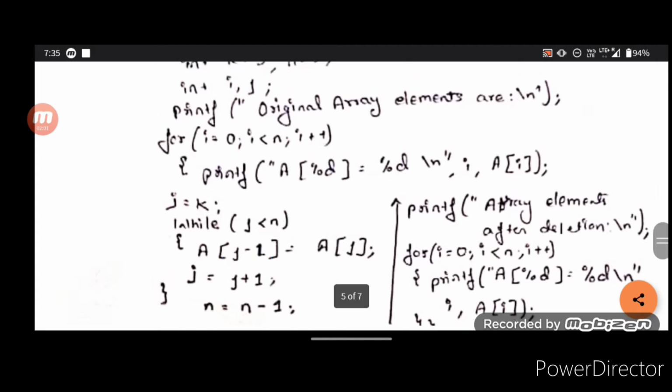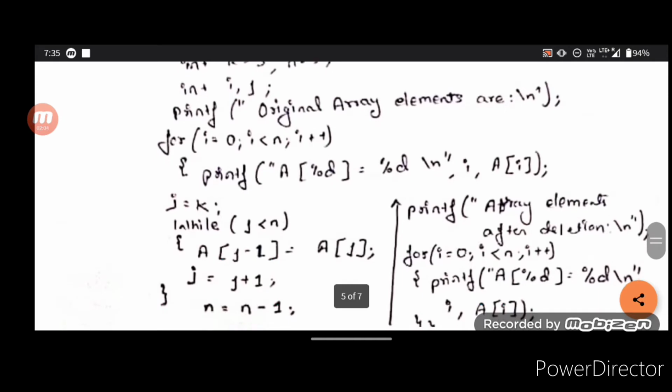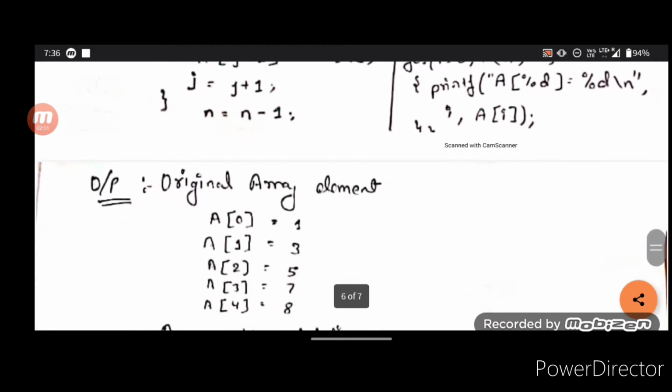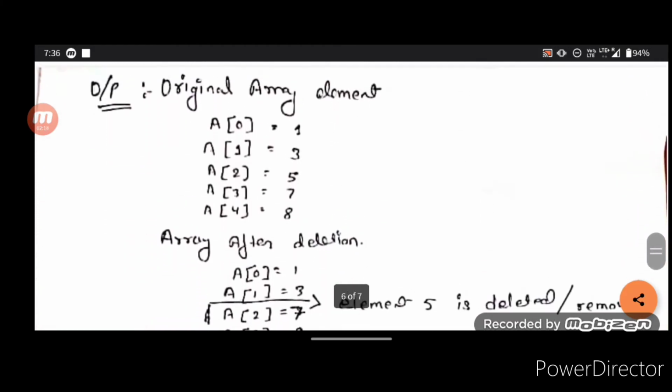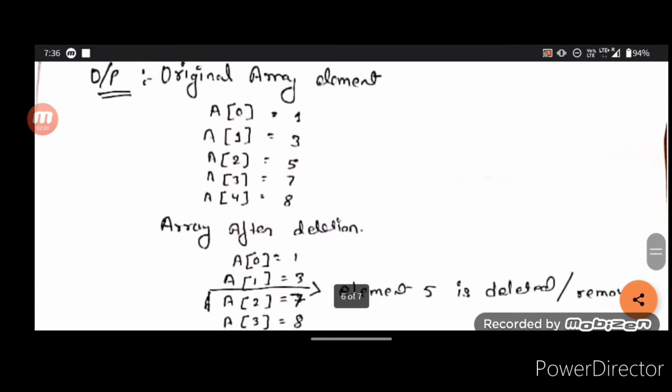If you want, you can write it in a code runner or any text editor and run it to see the output. In the output, we have the original array elements, an array of size 5 with its values.